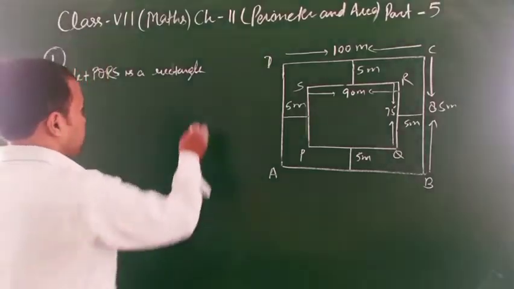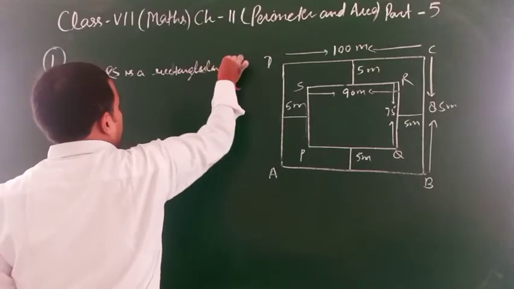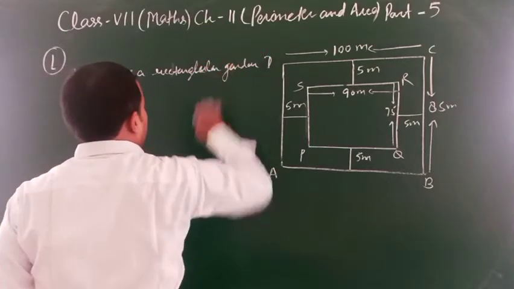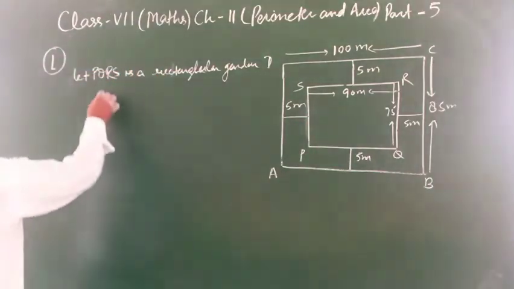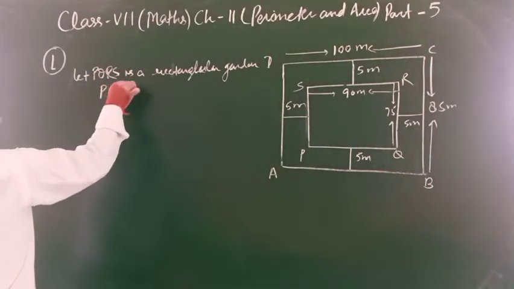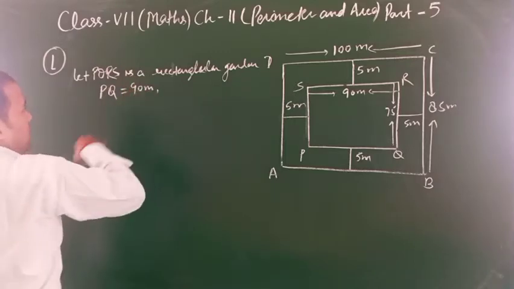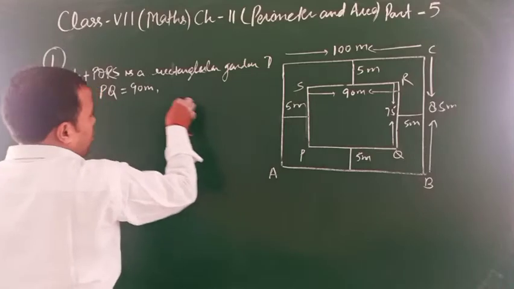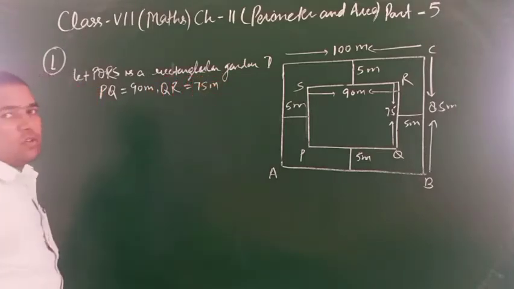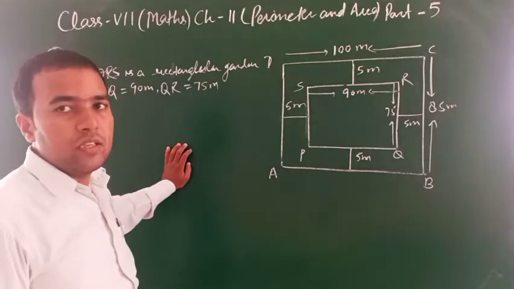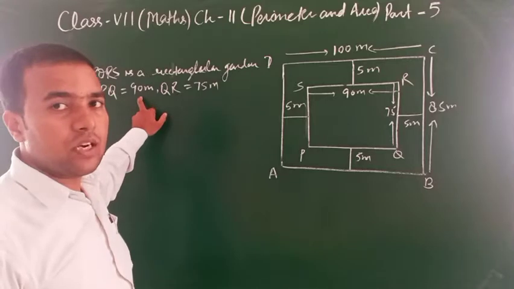Rectangular garden. So their length is PQ equal to 90 meter and QR equal to 75 meter. Means in PQRS length PQ equal to 90